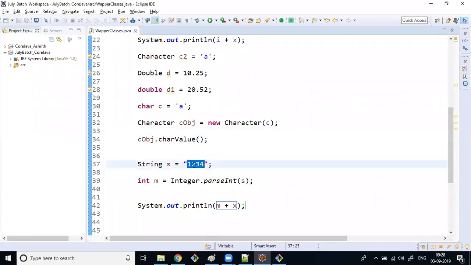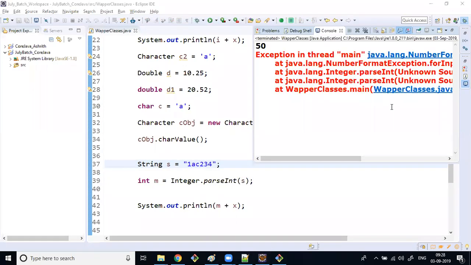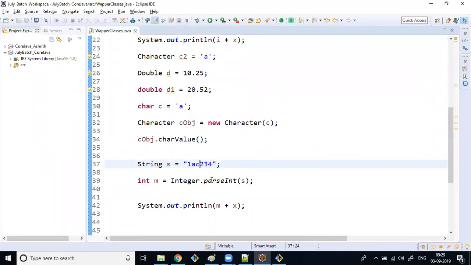So if you want to convert any string to int, then you have to use the parseInt method. The best example is with respect to string. In case you have any characters here, then during runtime you will get a NumberFormatException, because this cannot be converted to a number since you have some characters. You don't expect it to automatically cast. But if you have only numbers here as a string, then you can convert it into an int by using